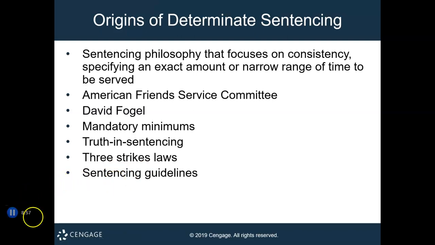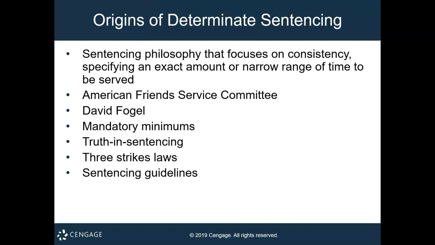And when we talk about the origins of determinate sentencing, you'll see that there are obviously some bullet points here. American Friends Service Committee, they recommended that sentences be categorized according to the severity of crime based on 2 scales: the harm done by an offense and the offender's culpability,